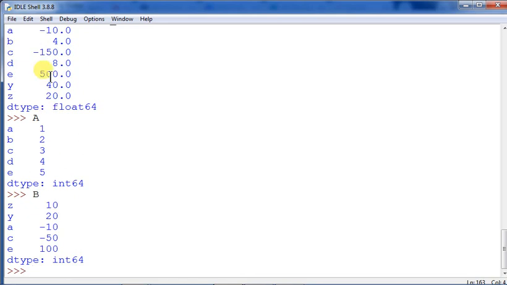B has no value over here, so it has been multiplied, 2 into 2 is 4. And Z is having no value, so it has also been multiplied by 2. It doesn't matter which series it is empty in, wherever it finds an empty value, it will be replaced by that value whenever you are using the fill_value parameter. Okay, so that is the thing.